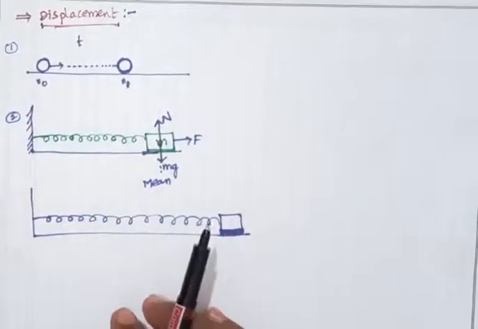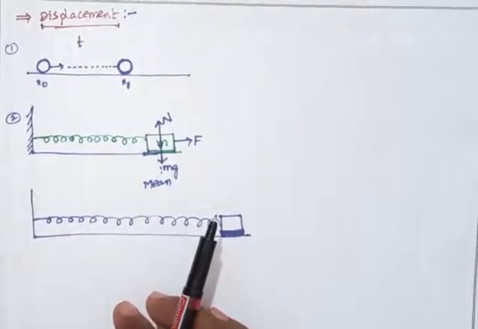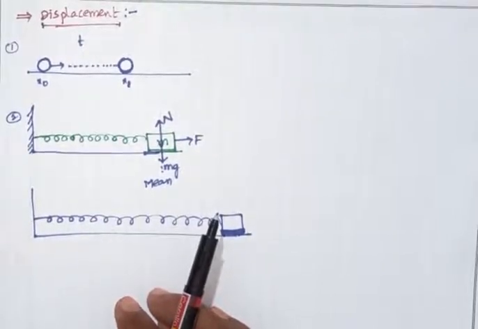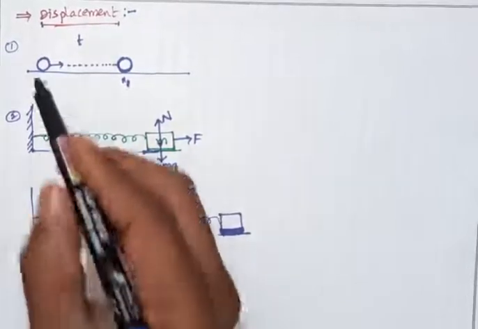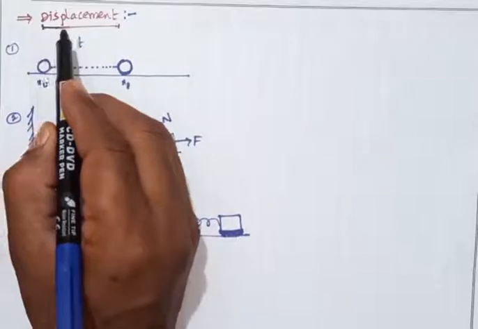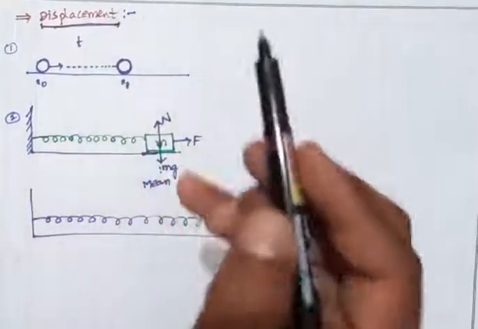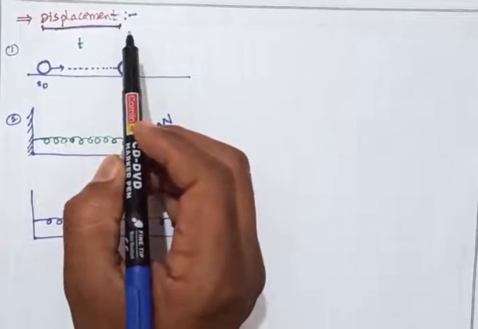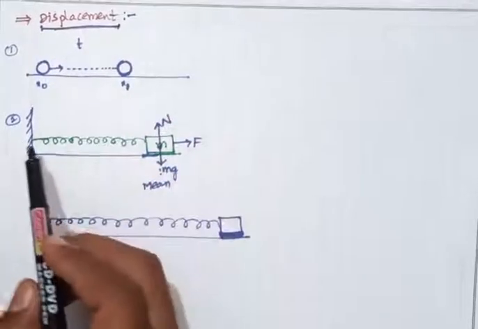Oscillatory motion is nothing but the motion of a body that is periodic in a certain time, and it consists of to and fro motion. It is called oscillatory or vibratory motion. So we can derive here the equation for the displacement. First of all, we are taking some examples.